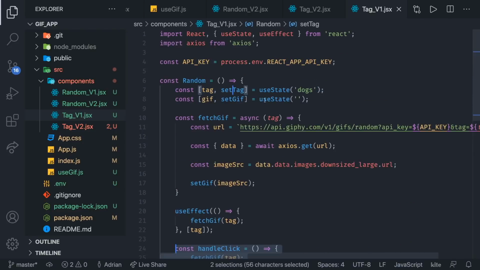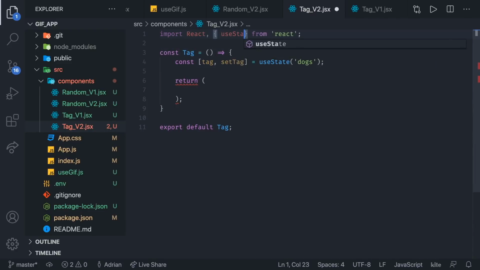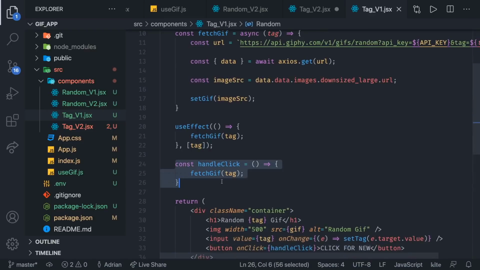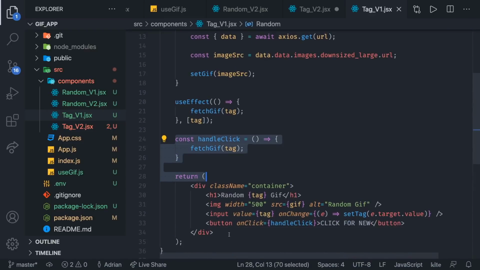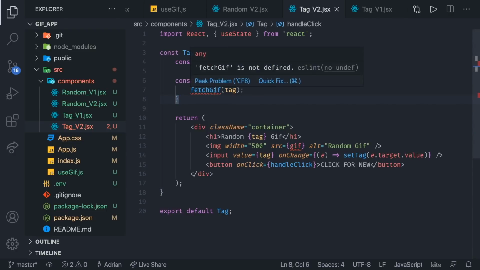So let's start with our useState. In here, I'm going to take that and simply paste it in here. Then I'm going to import the useState because we are using it. And what we have to take is also going to be simply the handleClick and the whole JSX. So I'm going to copy that right now. With that, I'm going to paste it here, and that's it. You can see we're still missing the GIFs and the fetchGIF. But if you remember correctly, these two things are the exact things we are exporting from the custom hook we've